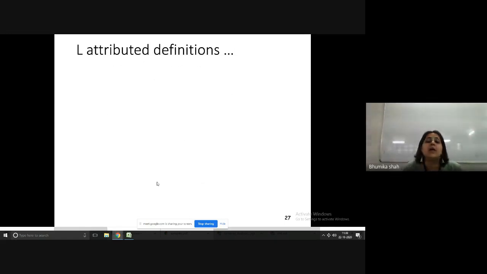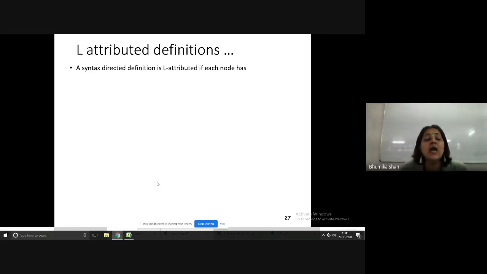Okay. Let us move ahead a bit and discuss. Earlier, what we discussed was the S-attributed definition. What was the S-attributed definition? If your grammar contains only synthesized attributes, then your grammar is called an S-attributed grammar or S-attributed definition. But what is an L-attributed definition? No, it is not the reverse. It is not that a grammar with all inherited attributes will be called an L-attributed definition. No, it is not so. There are certain rules that need to be satisfied by the grammar. Then only it will be called an L-attributed grammar.